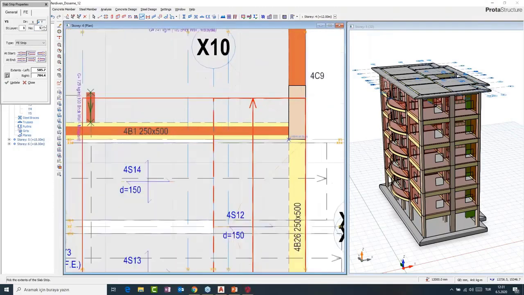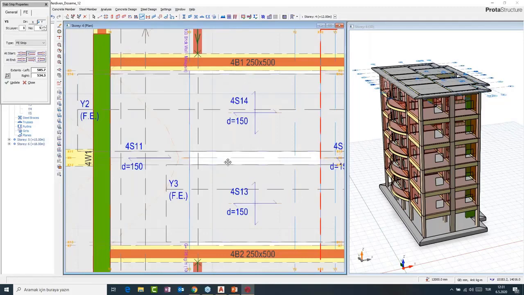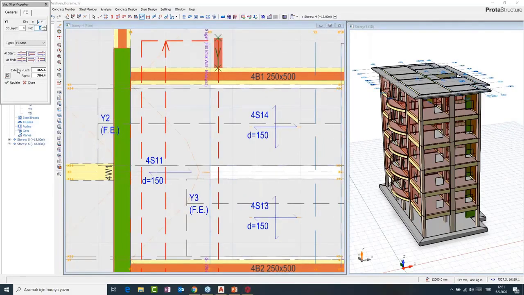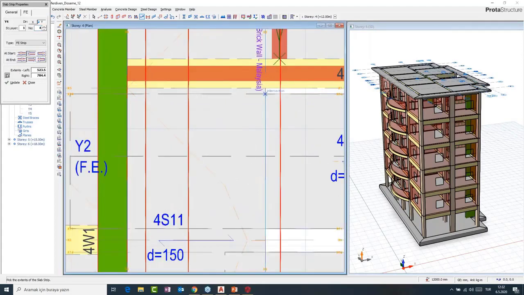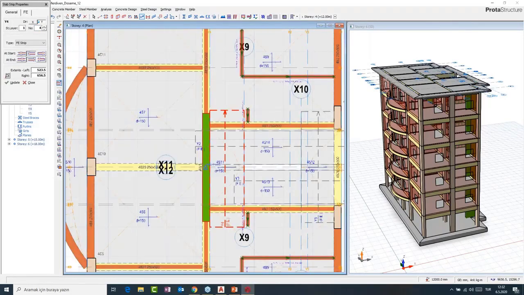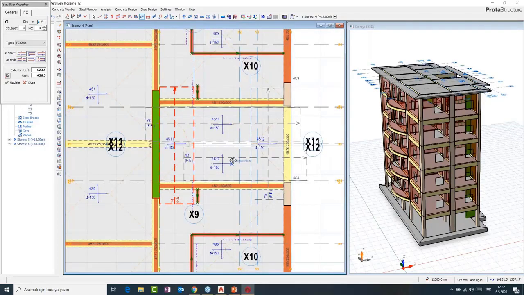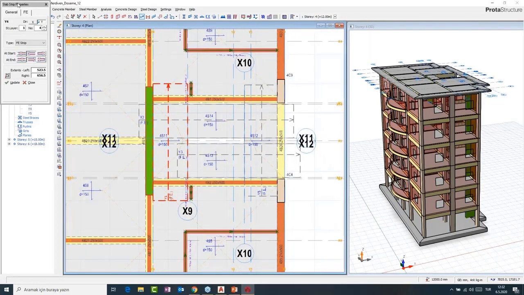Quickly I can update my folders just like so. Okay, my strips are ready, and now I can proceed with the analysis. Okay, I'll go straight to building analysis,